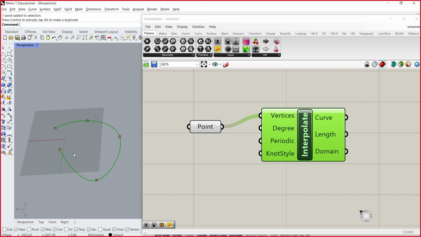So to create this curve, all we really needed now is 5 points, right? We can have more than 5 points. We can have 7 points. We don't want too many points, because then it becomes